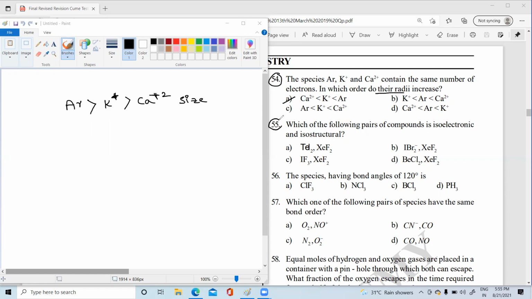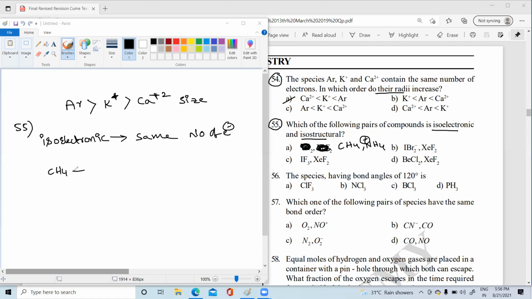The next question, number 55, students. Question number 50 also has been changed here. So these are not the options they have given in the question for you. CH4, NH4 plus they have given in the question. Which of the following pairs of compounds are isoelectronic as well as isostructural? Isoelectronic means the same number of electrons. Isostructural means same structure. Let's take CH4, which has 10 electrons here, and NH4 plus